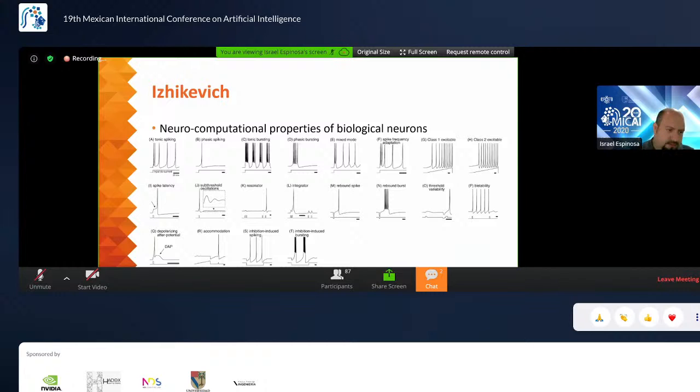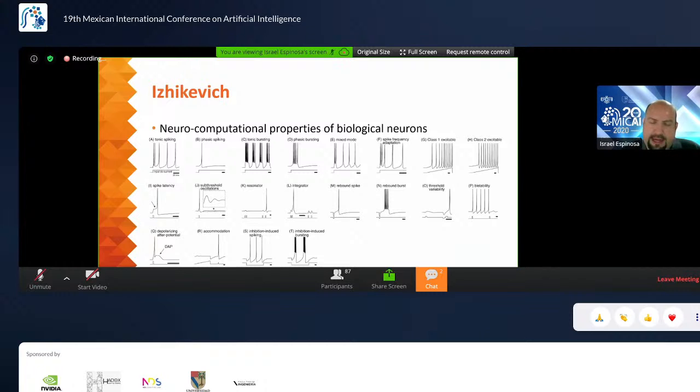So let me put an example. Let's say that we have a group of neurons, and all of them are excitatory neurons, and they start sending information to, let's say we have two layers of neurons. One layer is excitatory, sending signals to this second layer, and they are only excitatory neurons. So when they start firing, that amount of energy will be accumulated in the output neurons, in the second layer. So if we constantly emit